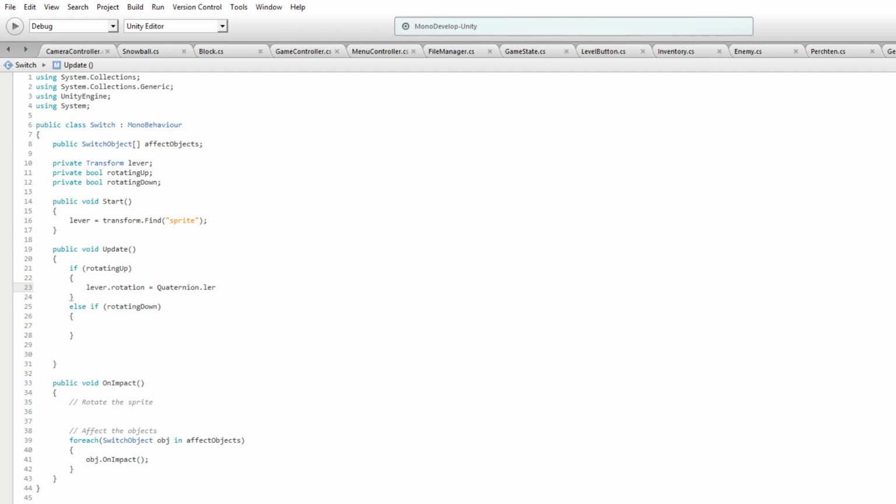So a quaternion is a really complicated thing that I don't know a whole lot about, but all I know is that it deals with rotations. It's basically the unit for rotation. So a vector 3 deals with position, and it also deals with scales, but a quaternion is what you use for rotation. So we got A and B, and so we want to lerp from point A to point B with a time of t. So lever.rotation is where we are right now, and we want to end up at